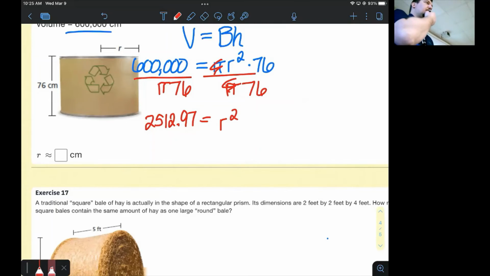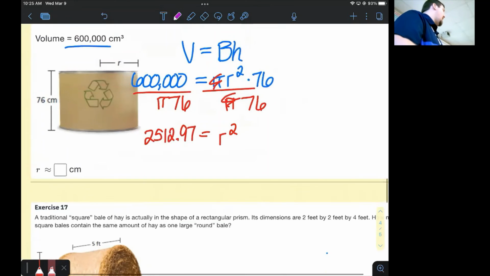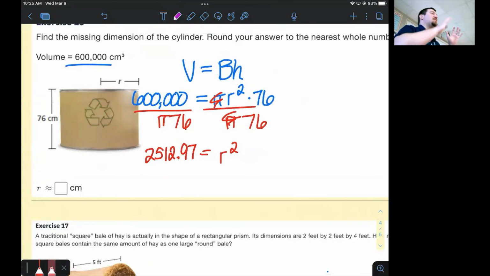Lucas, what do I do? That's exactly what I do. I use the square root button. Remember, squares and square roots are inverses. I don't divide by 2. That's not how you undo squaring something, because squaring doesn't mean timesing by 2. So it makes sense that I wouldn't divide by 2. What I do is I square root it. Look for the square root button on your calculator and see if you can square root